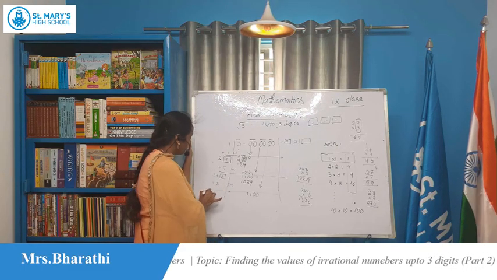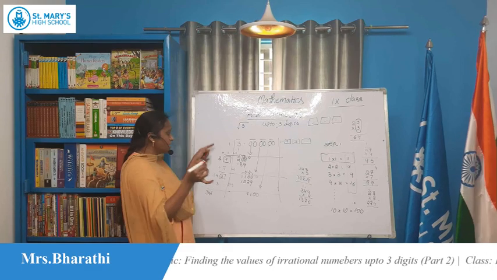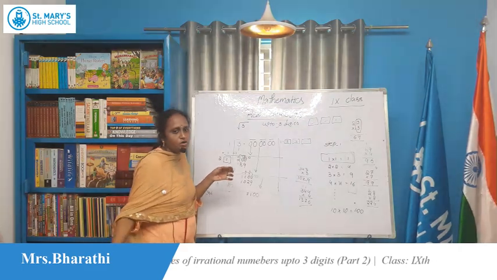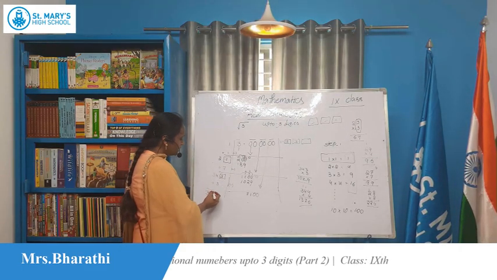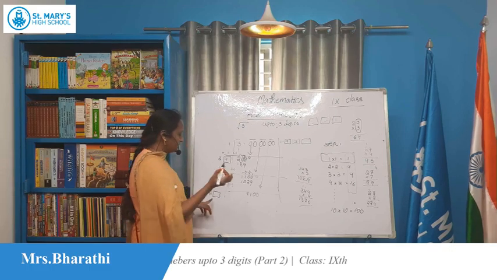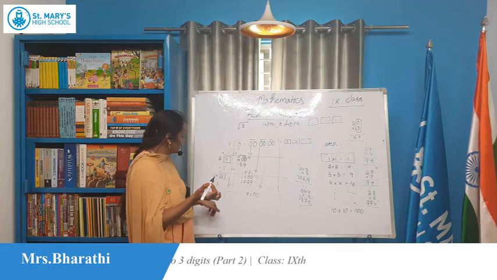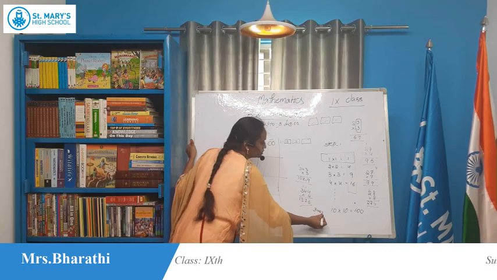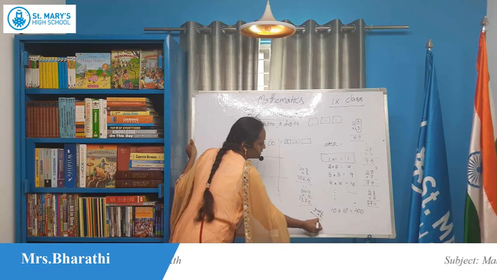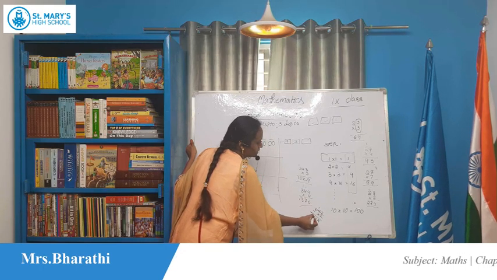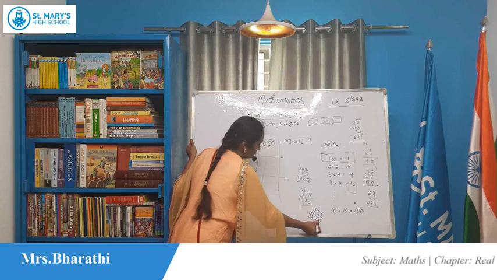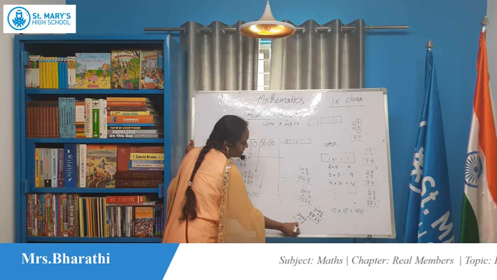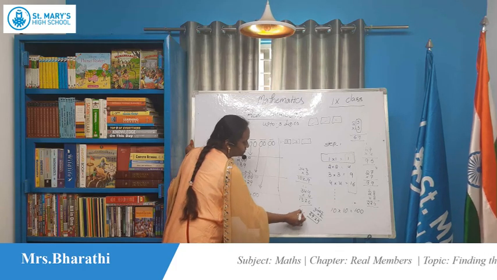346. So observe here, in every case the sum I am writing beside the box. So here 346, and now again we are taking one more box. 346, 2 into 2. 2 2s are 4, 2 6s are 12, 2 4s are 8, 9. 2 3s are 6. Next we will go to 3. 3 3s are 9, 3 6s are 18, 3 4s are 12, 13, 3 3s are 9, 10.